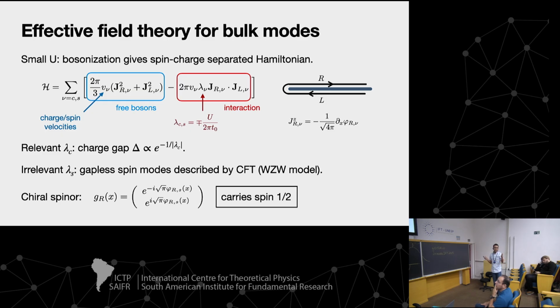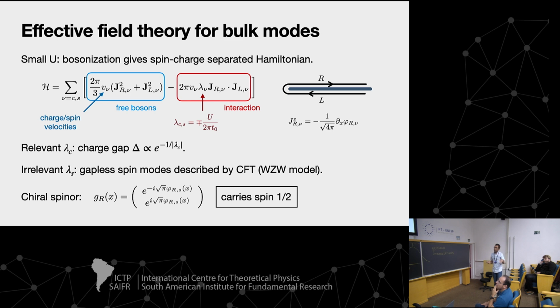They're not independent because of open boundary conditions, so you have to glue them here at the boundary. But essentially, from this part, you get a free bosonic theory in one dimension, and this is the part that contains the interaction. And then you have to ask what the coupling constant does in the charge and spin sector. In the charge sector, this interaction is actually marginally relevant. This will open a Mott gap, which is exponentially small at weak coupling. In the spin sector, it's irrelevant.